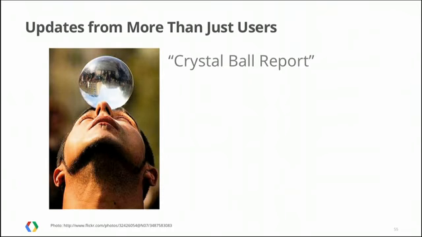We also have this fun thing that we call internally the Crystal Ball Report, and it's basically a system that we have for scanning social media and news sites, and we try to proactively identify issues that users are complaining about, but that they might not be sending directly our way, because it's also a source of information. So in some cases, we try to fix things before they become a story, and that's been very effective.